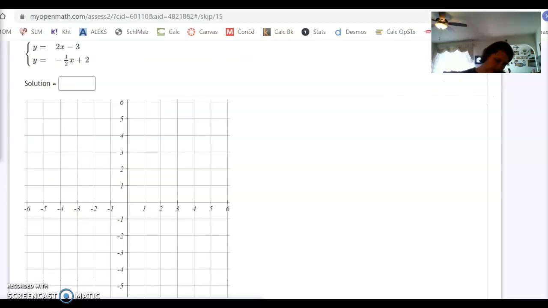Okay, now that I can actually see my graph better, let's go ahead and get started. So we have these two equations up here that we want to graph. We want to graph y equals 2x minus 3. So remember, when we have those equations,